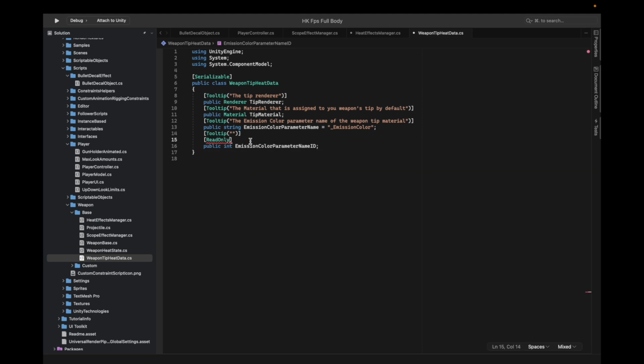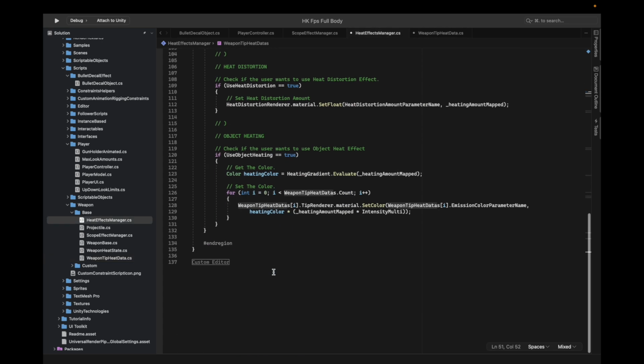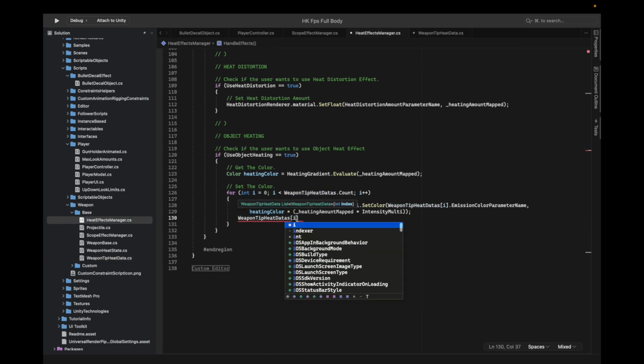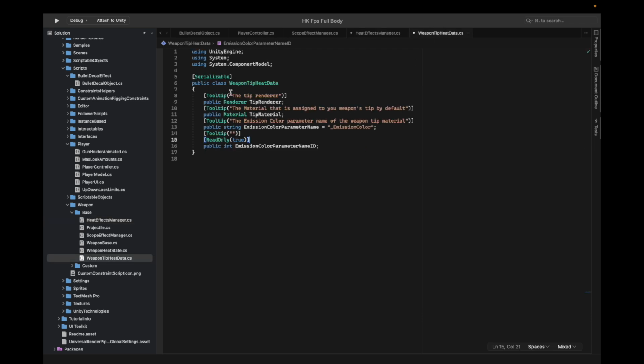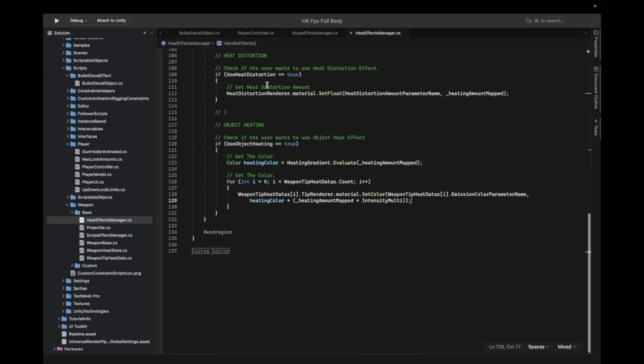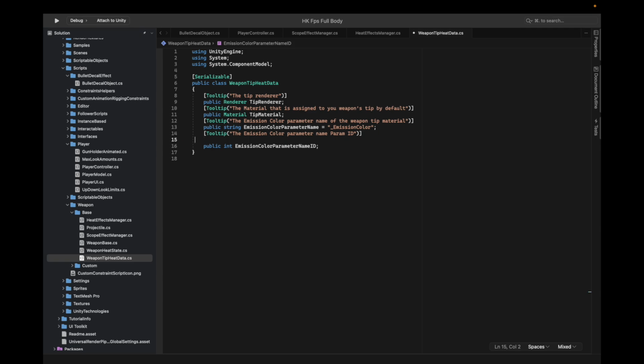And no, that wouldn't really matter because we're using a custom editor inside the actual heat effects manager. Let's see. So we'll just assign it to 0 to see what happens. It was not read only. Oh, that read doesn't matter, I guess. I'll just add the tooltip and move out of it. Actually, just remove that as well,